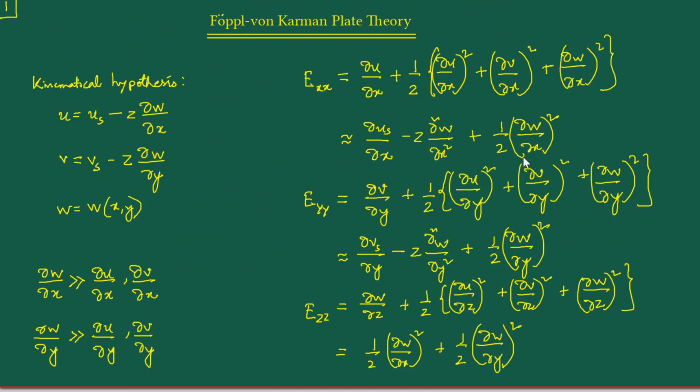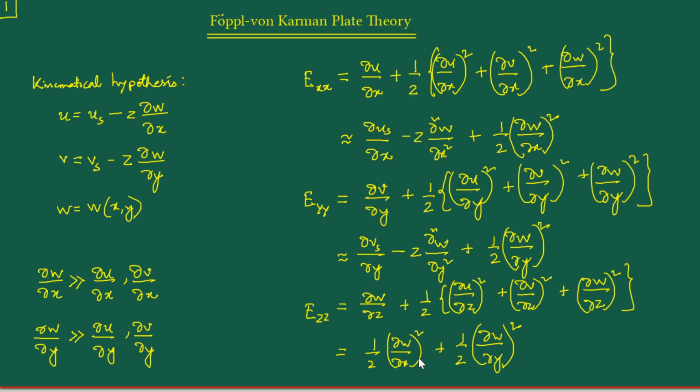All right. Now, what we have finally then is the EXX, which is like this. And please note that here this first term and this last term, they are independent of Z. Similarly, this EYY, here we have this first term and this third term, they are independent of Z, and this EZZ, that is independent of Z. Okay, so